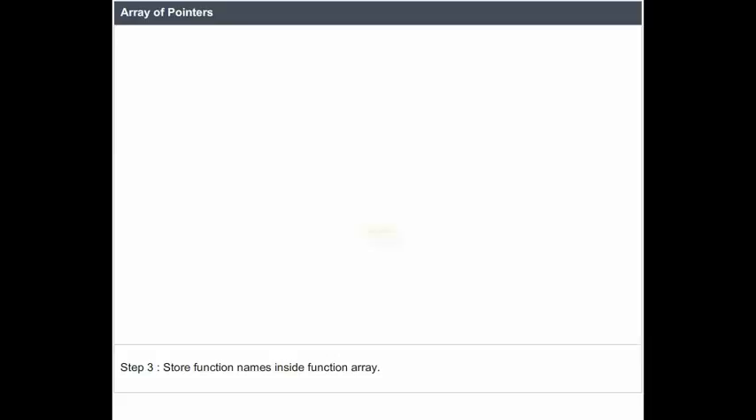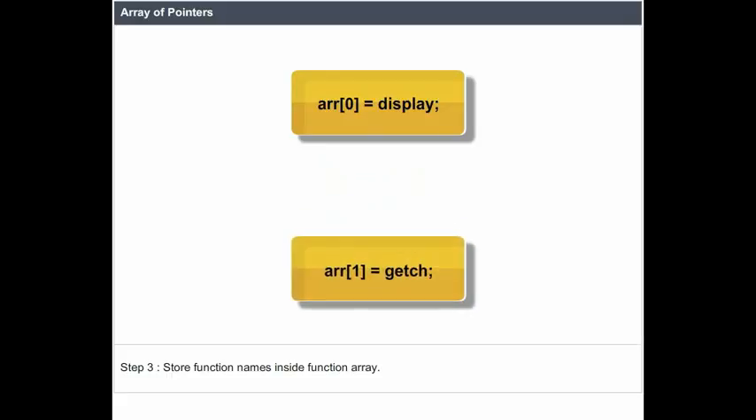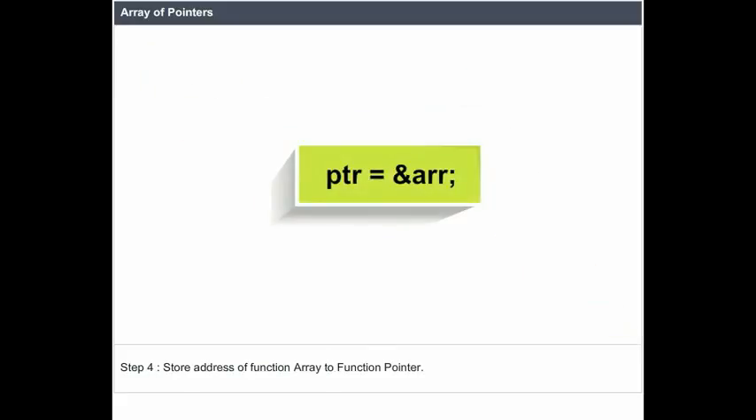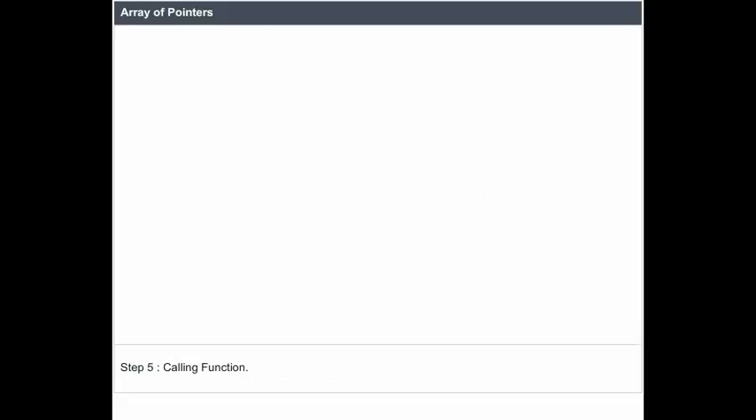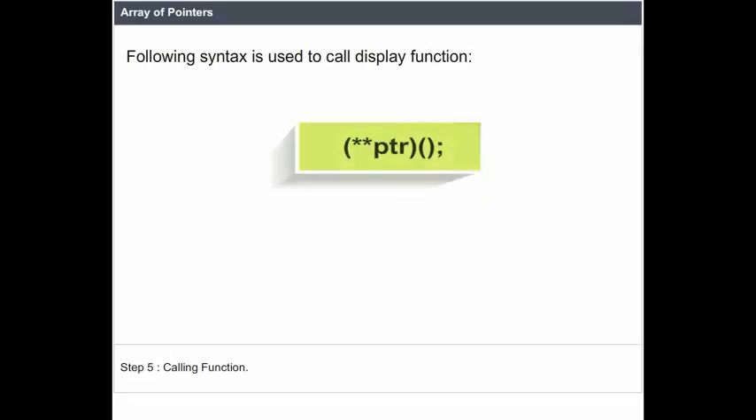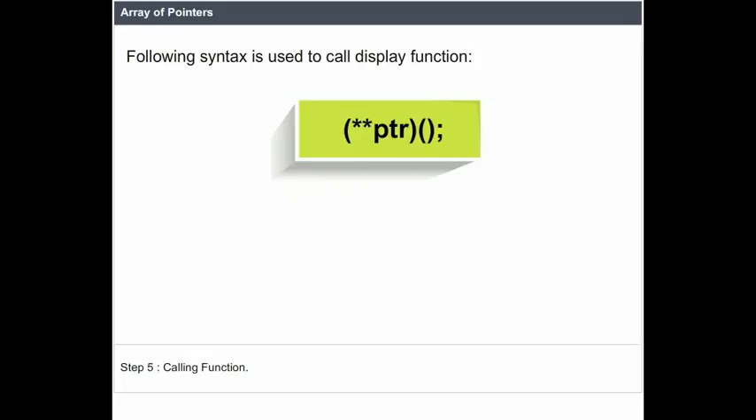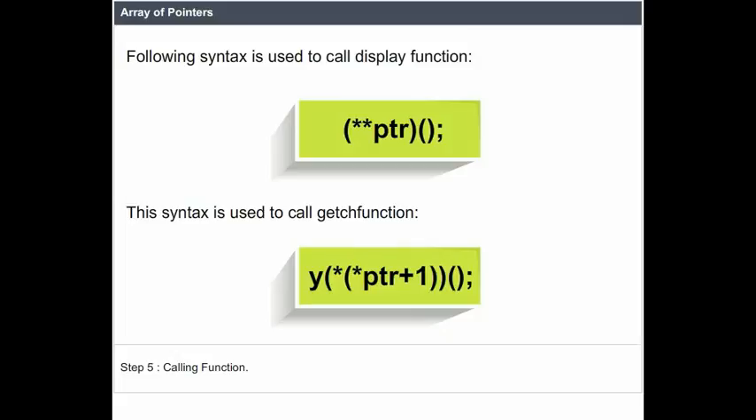Step 3: store function names inside the function array. arr[0] = display; arr[1] = getch; Step 4: store the address of the function array in the pointer. ptr = &arr; Step 5: calling functions. The following syntax is used to call the display function: (*ptr)[0](); This syntax is used to call the getch function: (*ptr)[1]();